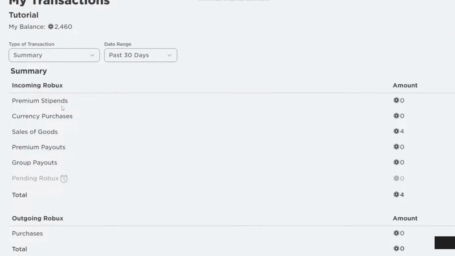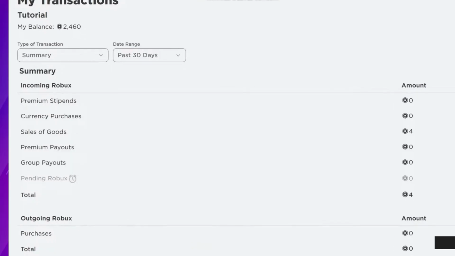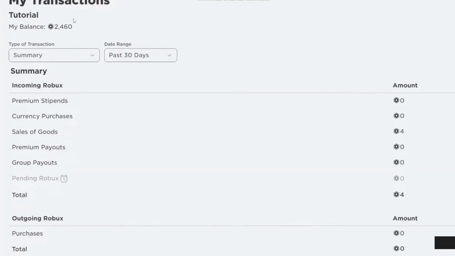As you can see, my transactions, we have then got the option for a summary and the date range. But what you want to do is come now to incoming Robux, and then as you can see right to the bottom, we've got this section called pending Robux. You can then hover over it, and it says pending Robux are not included in your total until released. And if we then go across, as you can see at the minute, I've got 0 pending Robux,